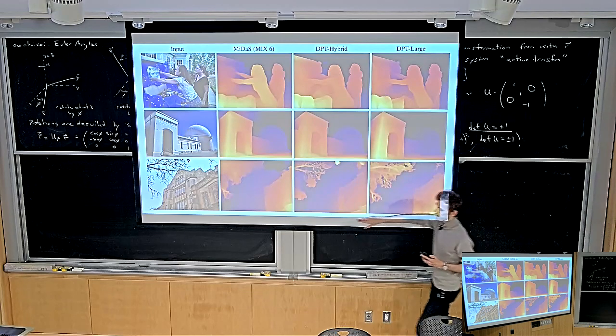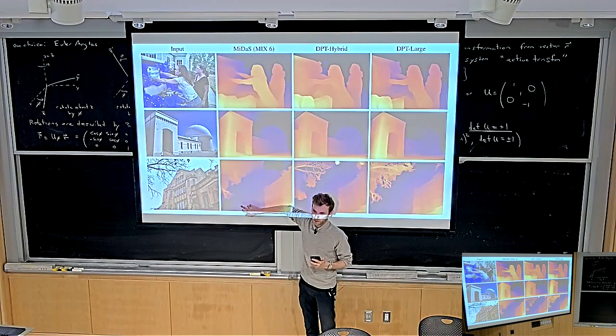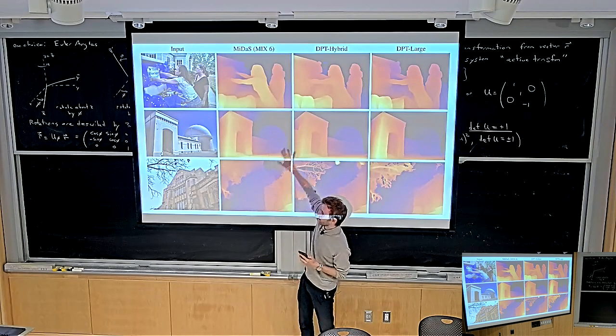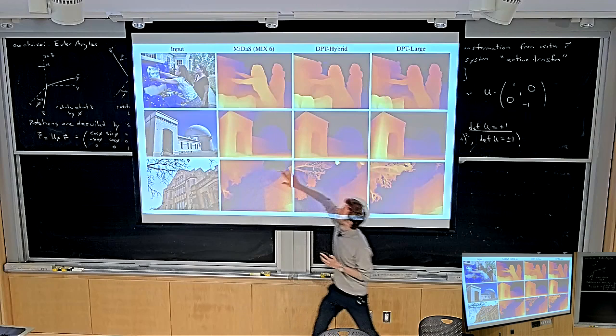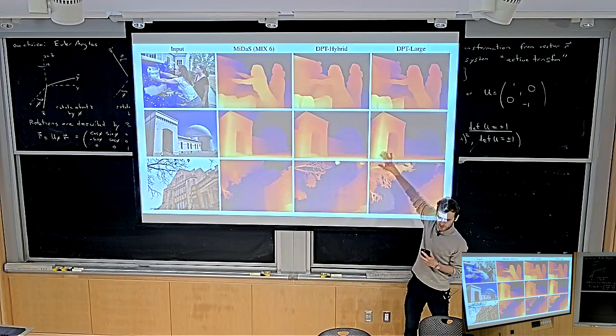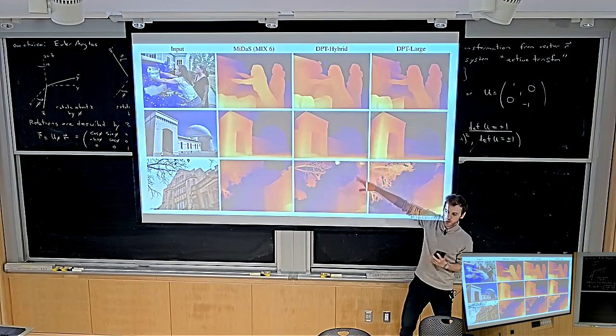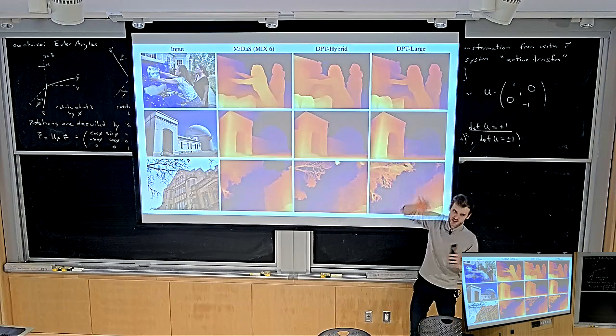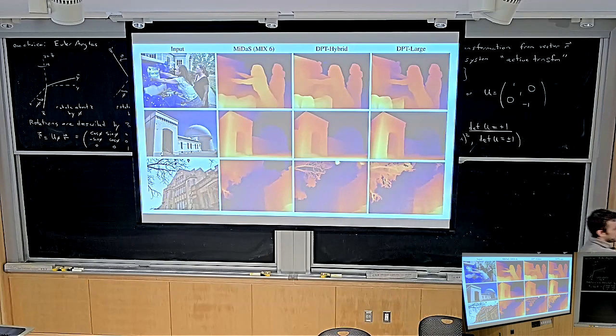So Midas is actually the paper where I said the paper must have come out before. So this is the paper from 2020. This is what the depth map looks like here. And then they proposed two different models, which we're not going to talk about. The hybrid one basically has some ConvNet parts, and the large one is just a transformer. And as you can see, the large model. Actually, honestly, on this picture, it looks like the large model is doing a little bit better, but who's to tell? And also notice that these pictures here don't have ground-truth depth because I guess they just use them for